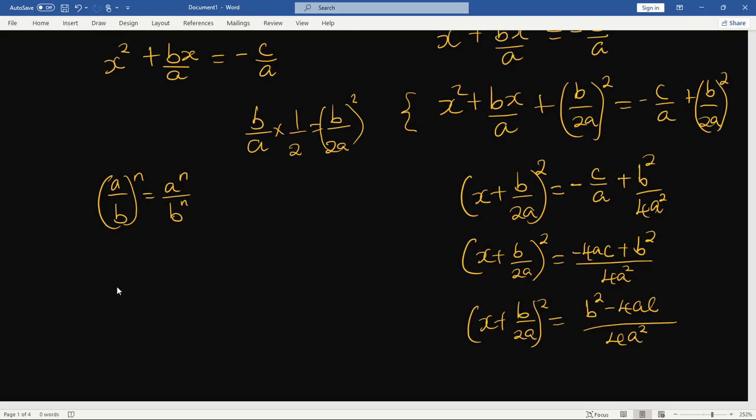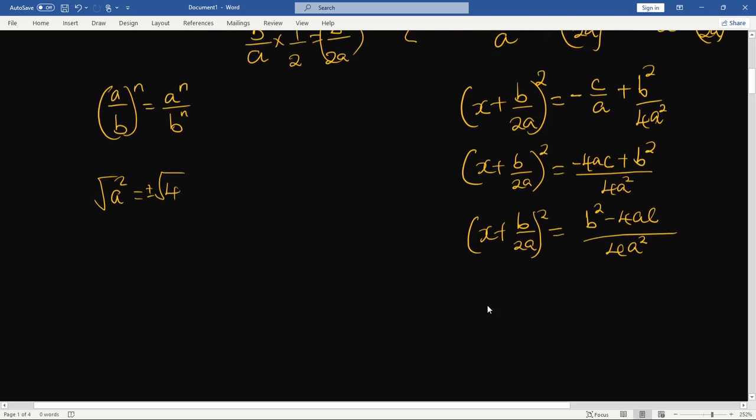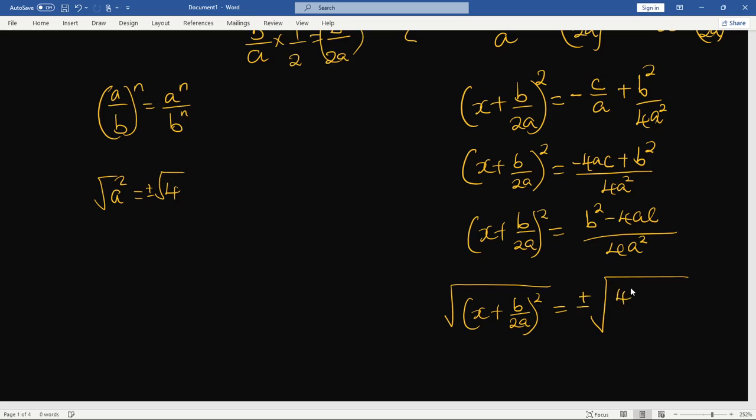If you have a² equal to 4, when we introduce the square root, this side we introduce the plus or minus as well, because we're going to get two values, which is the positive root of 4 and the negative root of 4. The same thing is going to be applied this side. We find the square root of (x + b/2a)² equal to, we introduce the plus or minus this side, then the square root of